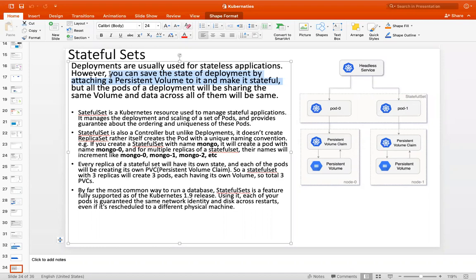Or one volume, one storage for all the 4 replicas in the deployment? If you see, all the pods of the deployment will be sharing the same volume, in case of deployment.